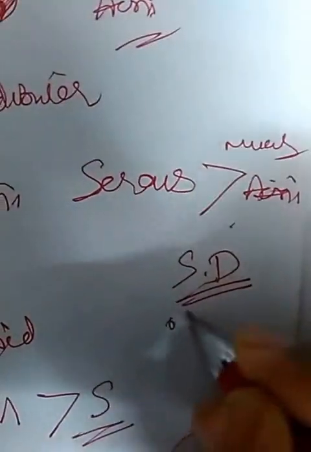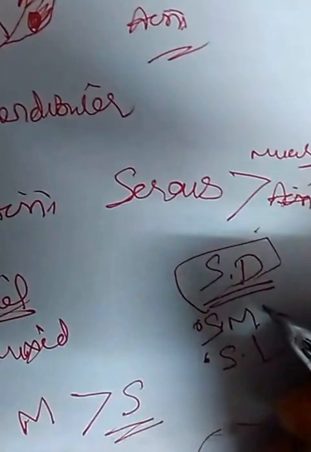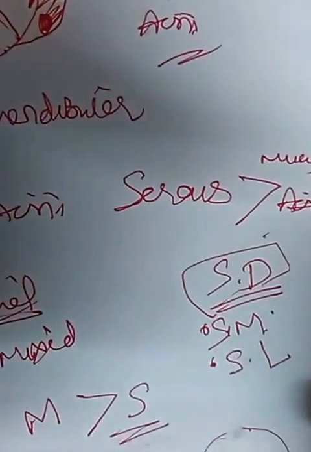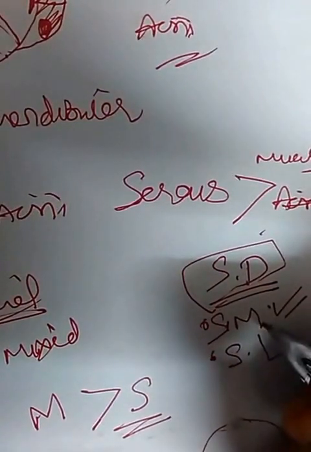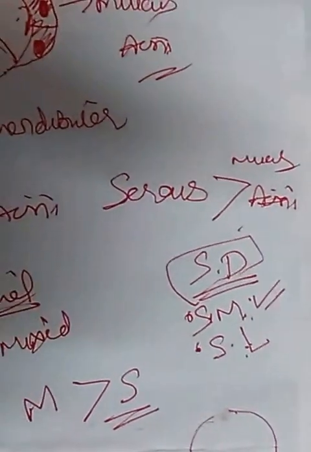Keep in mind for PGI type or other exams, serous demilunes are present in both submandibular as well as sublingual glands. But if the question comes like this and you have to rule out only one option, then you will answer submandibular, because it is present in more amount in submandibular as compared to sublingual, although it is present in sublingual also. So for PGI you will have to answer both submandibular and sublingual. It is absent in the parotid gland.